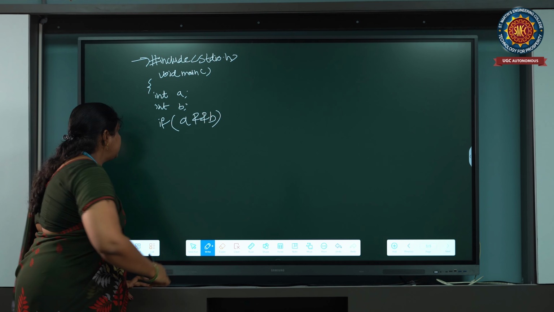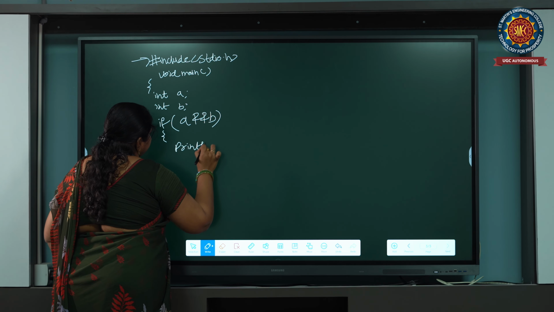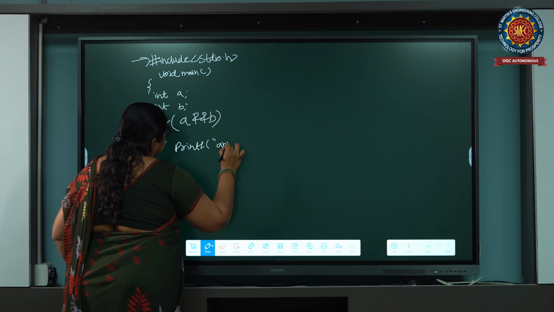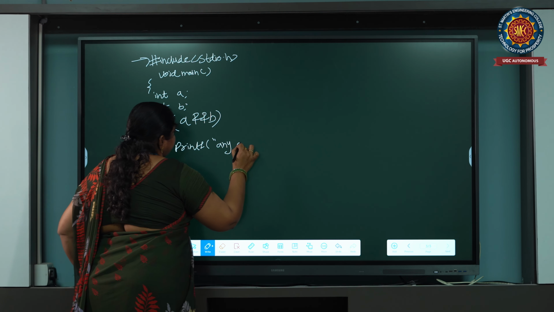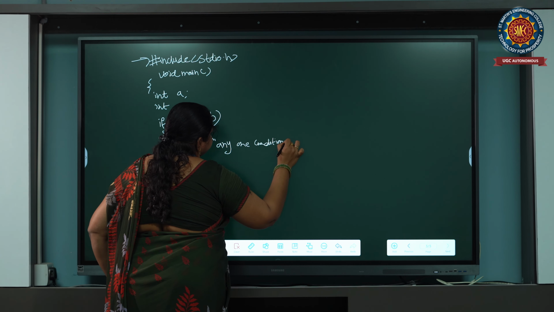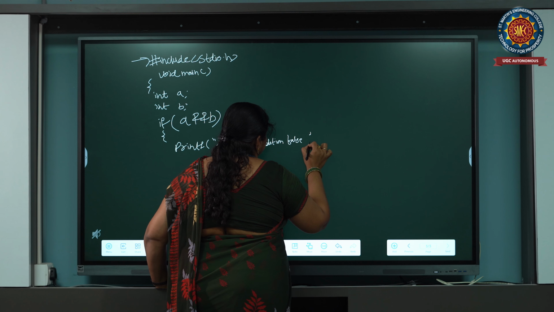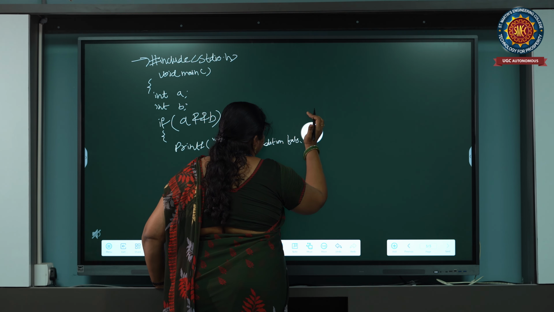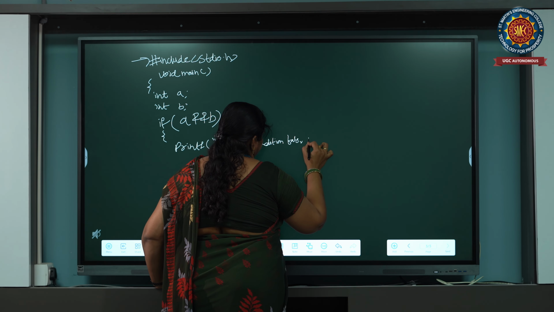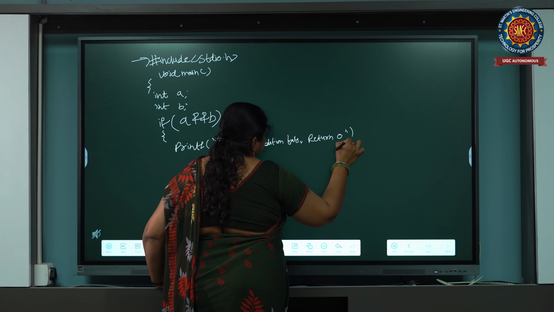So if any one condition is false, it prints and returns 0.